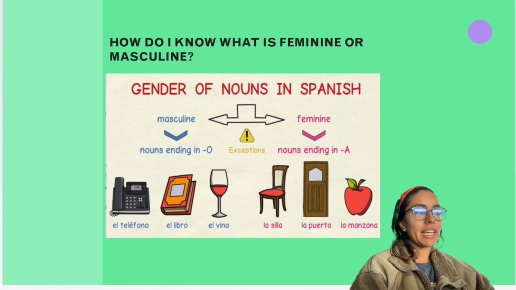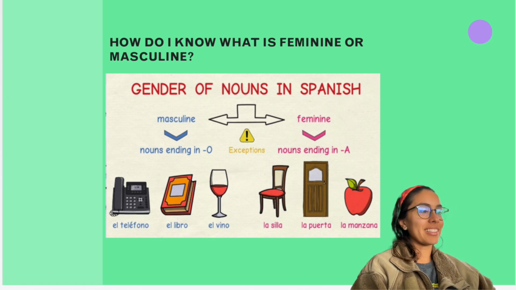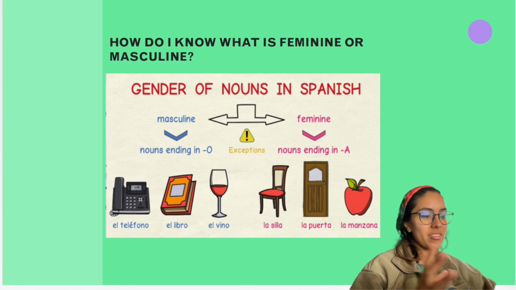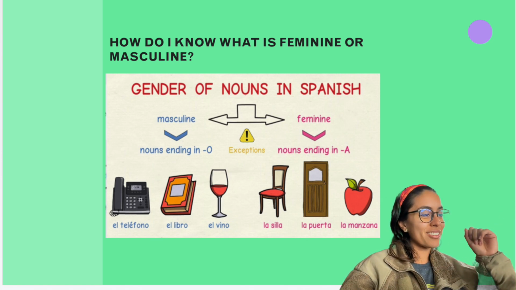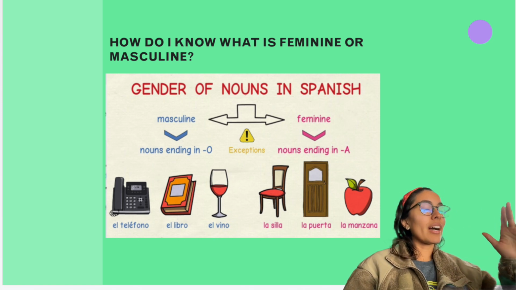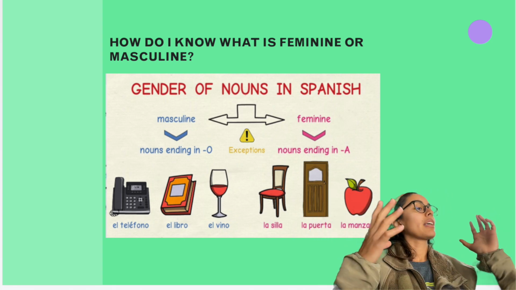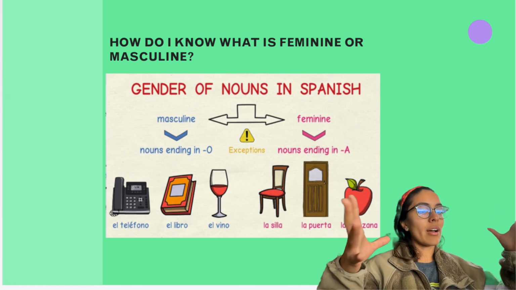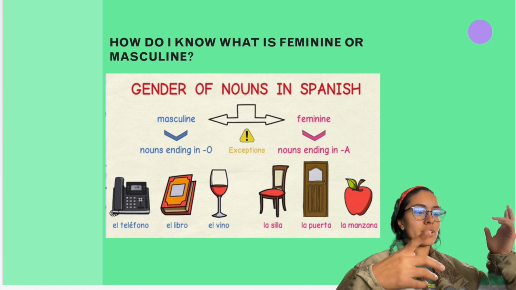Our topic of the day. So today we're gonna talk about the genders of nouns and objects and things in general. I did find some nice pictures on the internet to help illustrate all of this, and we have the general rule, and there could be some exceptions, but we are always gonna associate the nouns that are ending in O as masculine and the nouns that are ending in A as feminine.